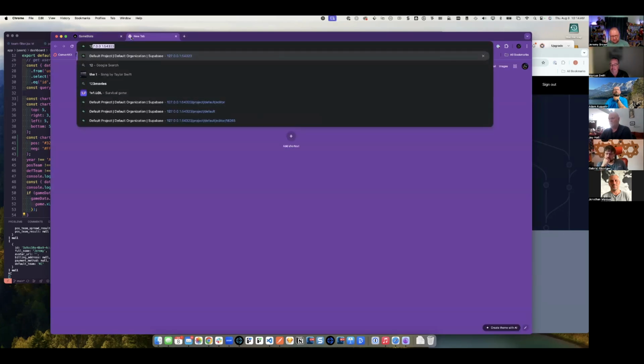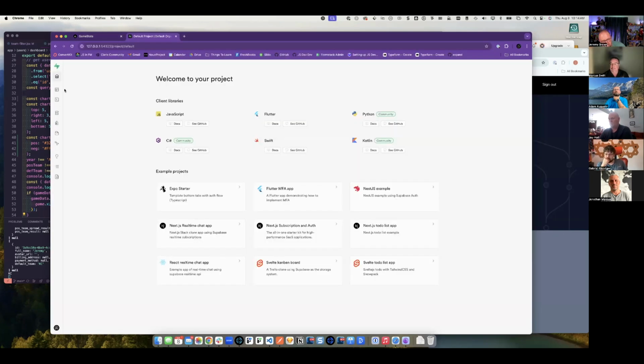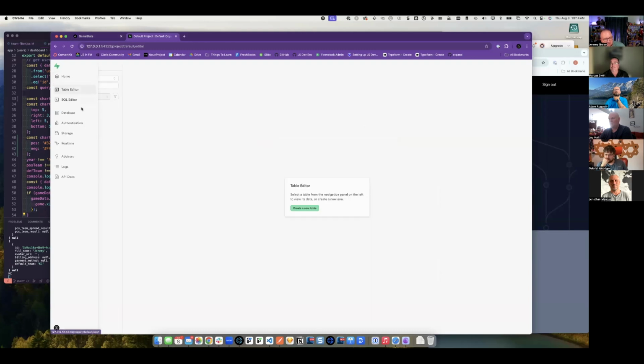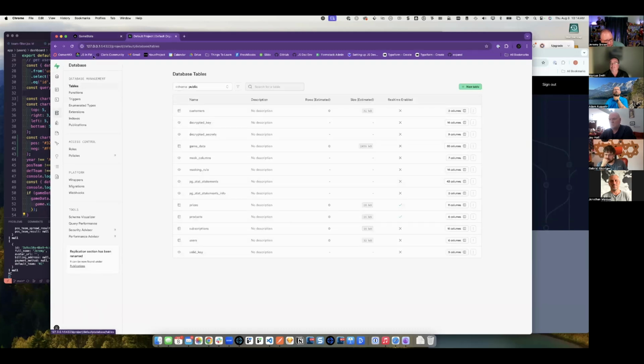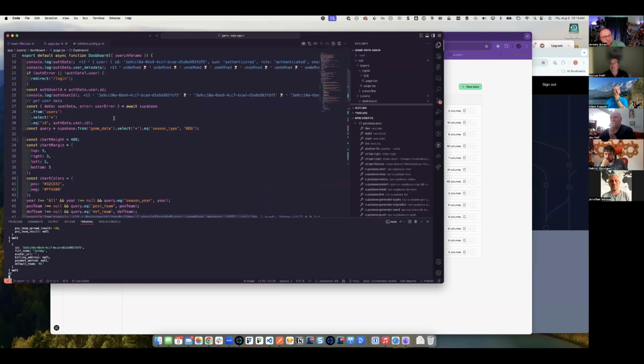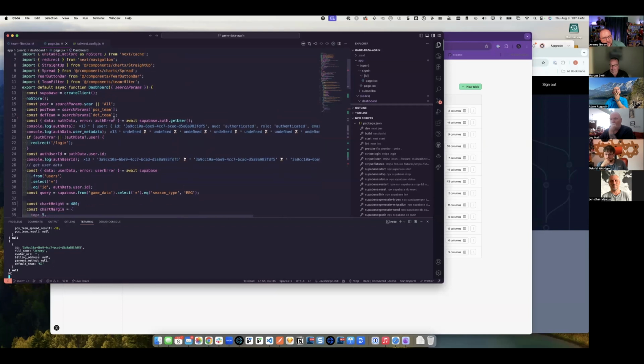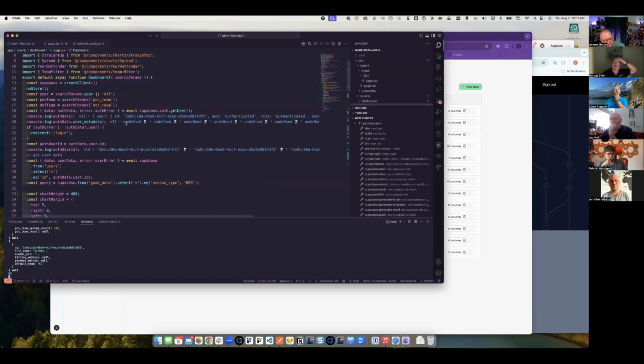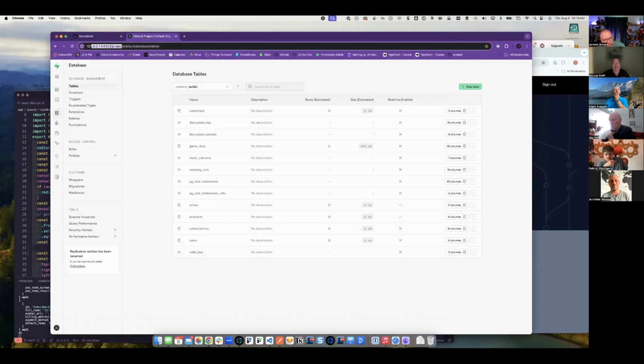So I learned last week how to create a local instance of the database. So here's a local instance of my Supabase project, and my local version of the app is relying on that data right here. It's a Docker container, which I've never used Docker before, but it's a Docker container that I start up and